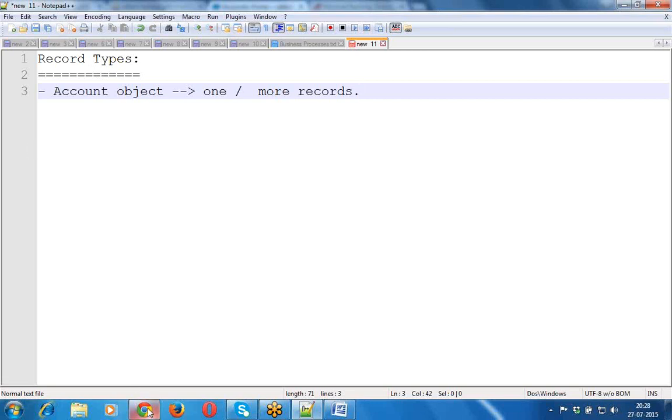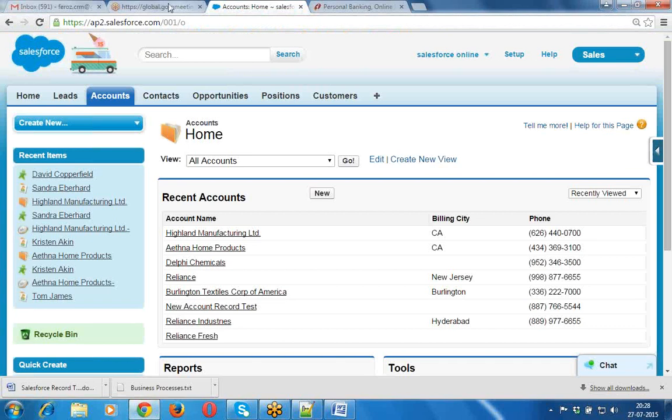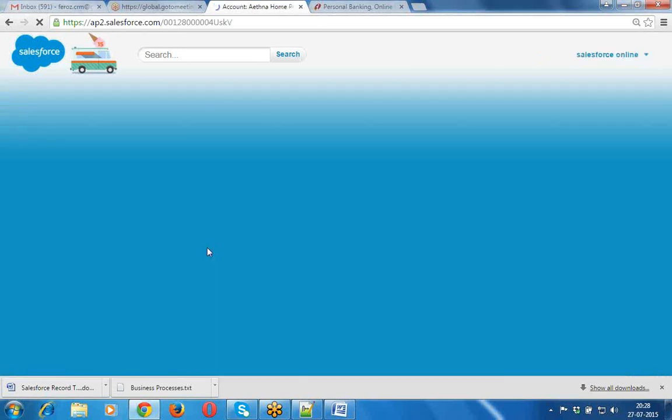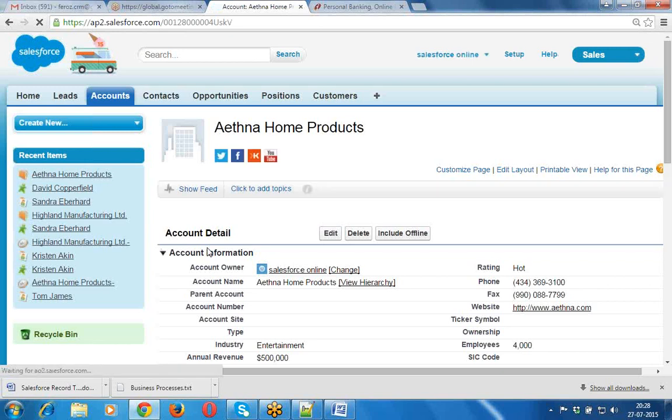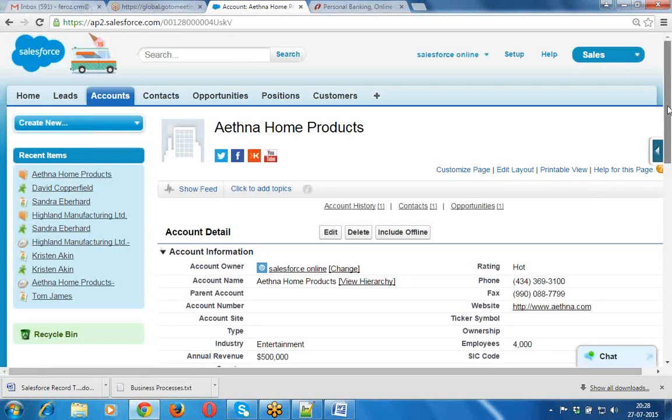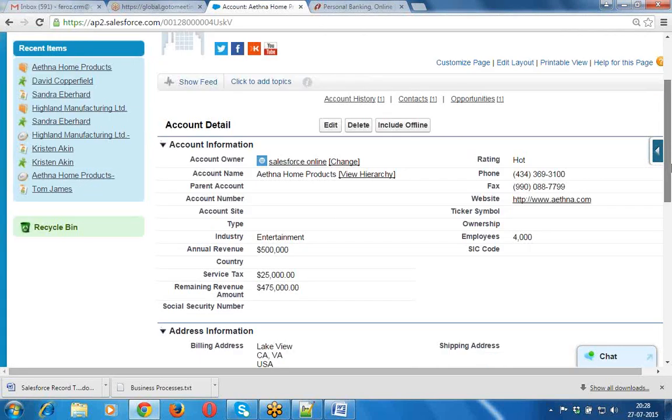Suppose, for example, let's open our account object. In this account object, we have so many records available, like Athena home product. When you open that Athena home product, you will have a look and feel that describes the record values.